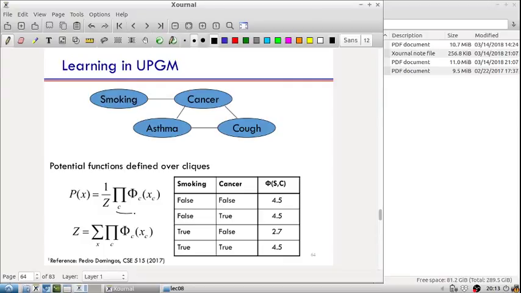So instead of thinking of this product of factors, since it is a product of terms, like term 1 times term 2 times term 3, I'm going to write it equivalently as e to the power of a sum of terms, which is basically e to the power of log term 1